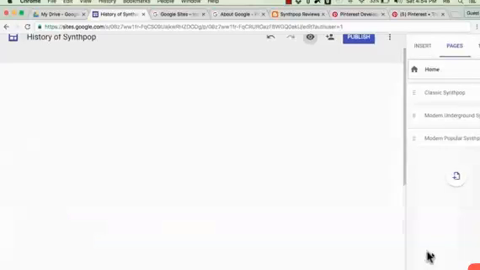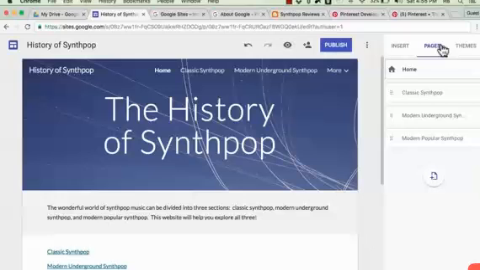Again, I'm going to X out of the preview to get back to editing. Okay, now that I've got the pages that I want, I just need to add content to those pages. But before I do that, I want to show you that you can also change up the themes of your